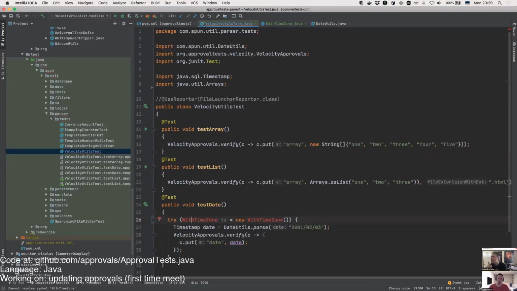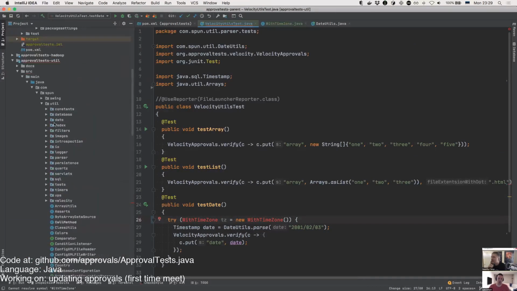So we lost the dependency. It shouldn't be... wait a minute. It's right there. It says approval test utils. Does approval utils not? Approval utils uses approval test. Show me that we have it in the right place again.